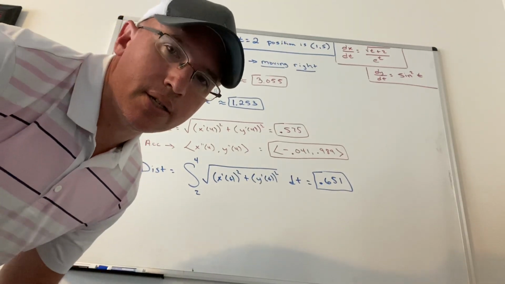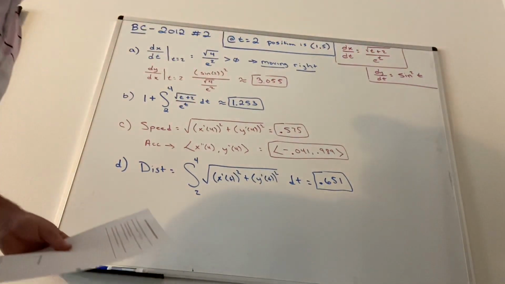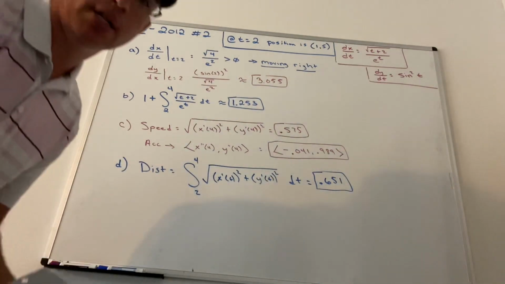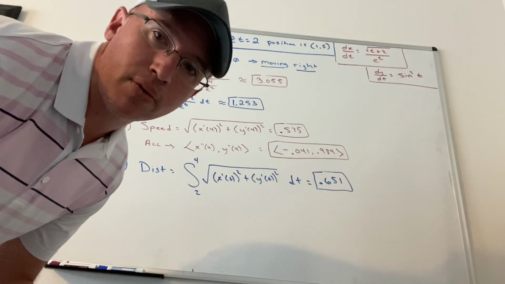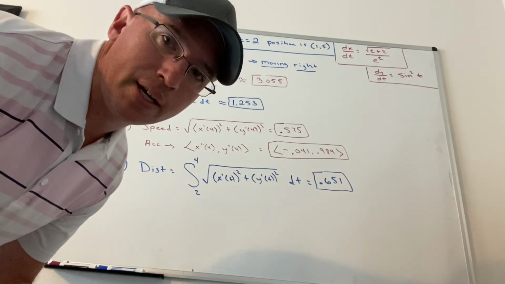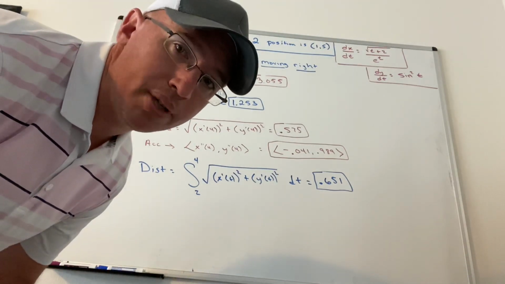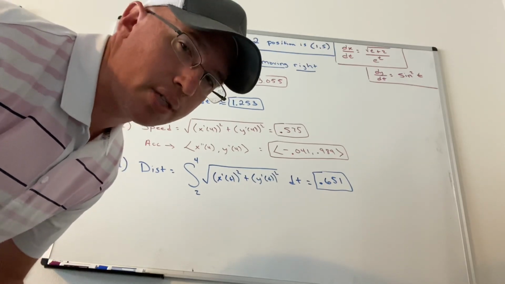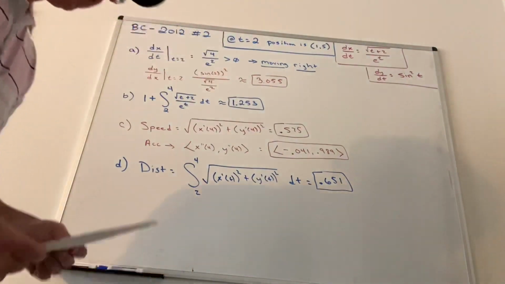All right, guys, this is the 2012 BC exam number 2. And this guy is a parametric question. Looks to me like the parametric questions won't be assessed on this year's BC test, but I still think it's good to go through these guys. So, you're given